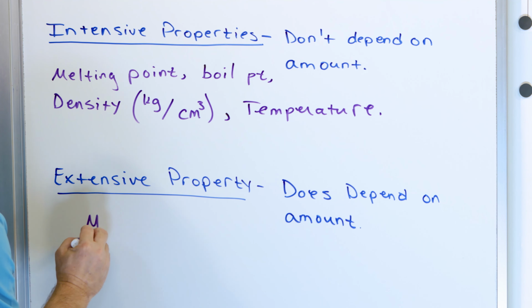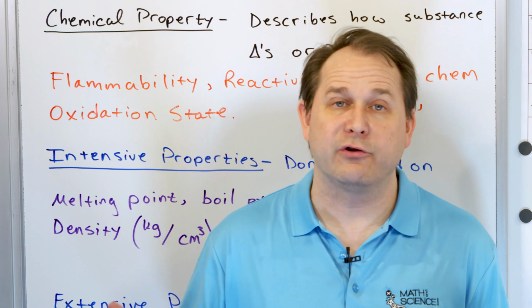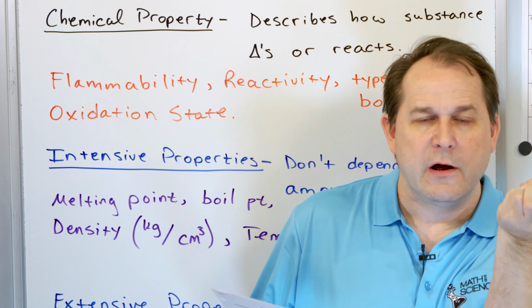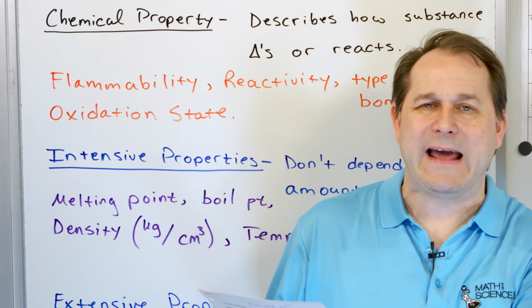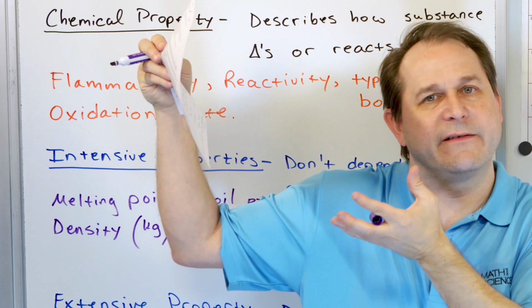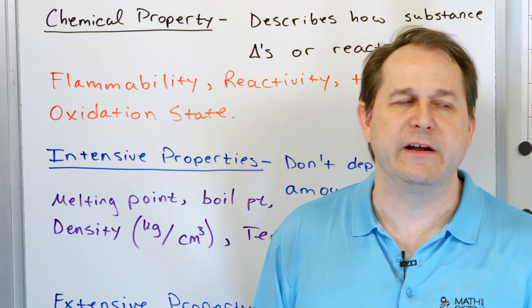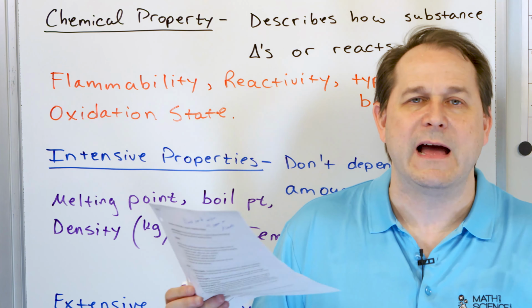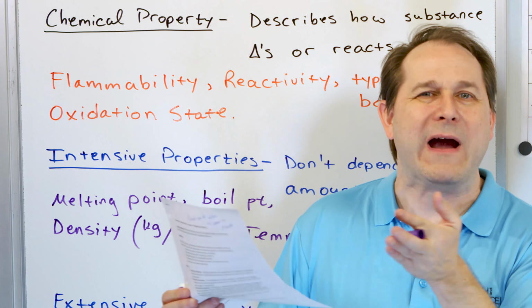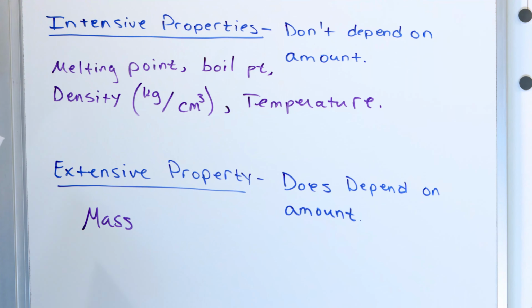What about the mass of an object? Well, the mass of an object is measured in kilograms or grams. If I have this much lead in my hand, or if I have this much lead I'm holding with two hands, it's going to be extremely heavy. The amount of mass is totally different, and the reason it's different is because it depends on how much of the stuff I have in my possession. Of course, the more atoms you have, the more mass you have. So mass is what we call an extensive property.